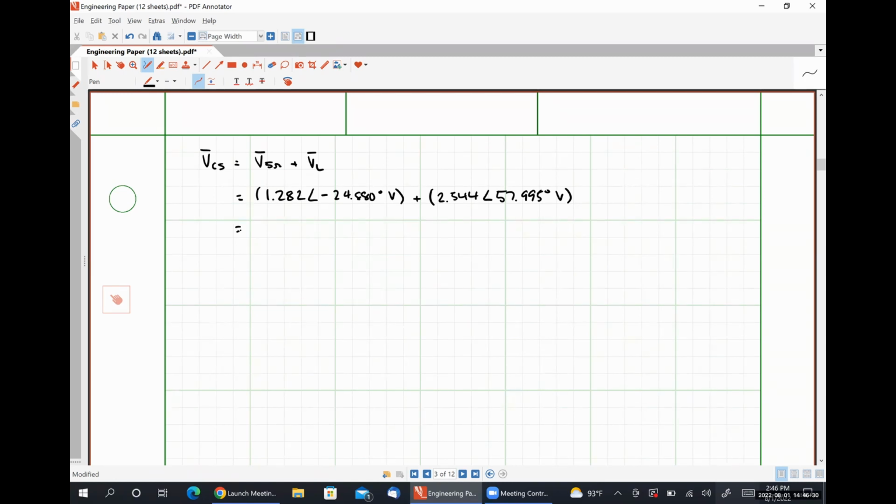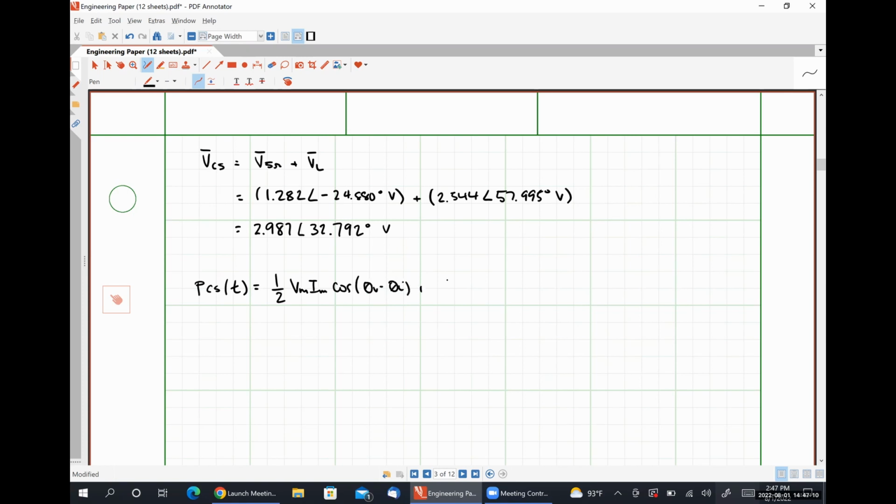Typing too fast and missed a digit, so now I'm going to go back through and make sure I didn't miss anything else. Nope, doesn't look like it. So I get 2.987 with an angle of 32.792 degrees volts. Our instantaneous power for our current source is going to be 1/2 Vm Im cosine theta V minus